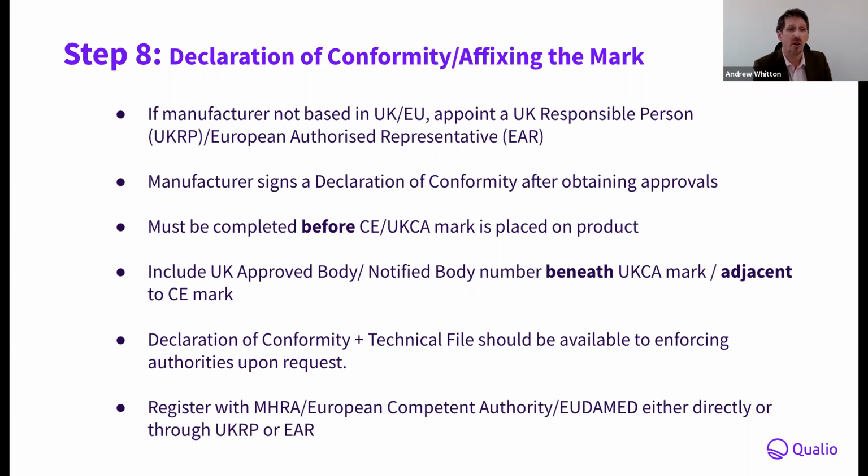When placing the CE mark on the device, it's important that if a notified body or an approved body was involved in the conformity assessment, the number is placed either beneath the UKCA mark or somewhere adjacent to the CE mark. And finally, the declaration of conformity and technical file should be kept and made available to authorities if they request it. And as a final step,